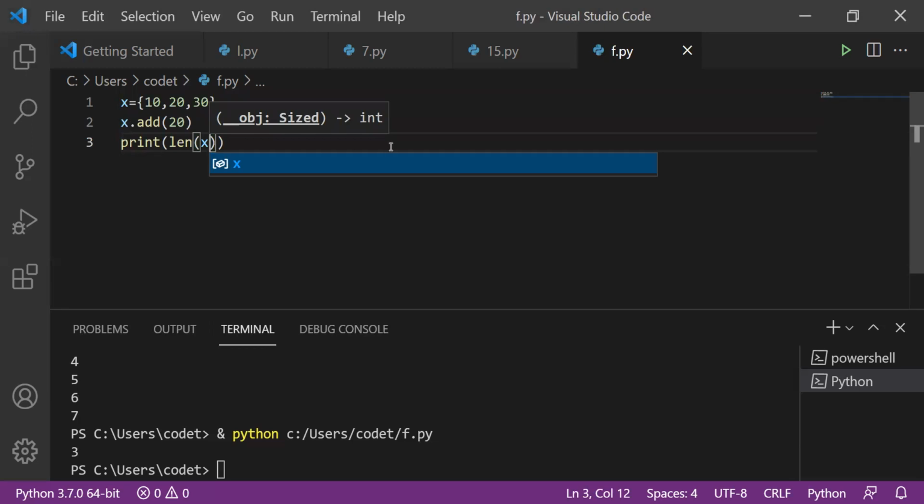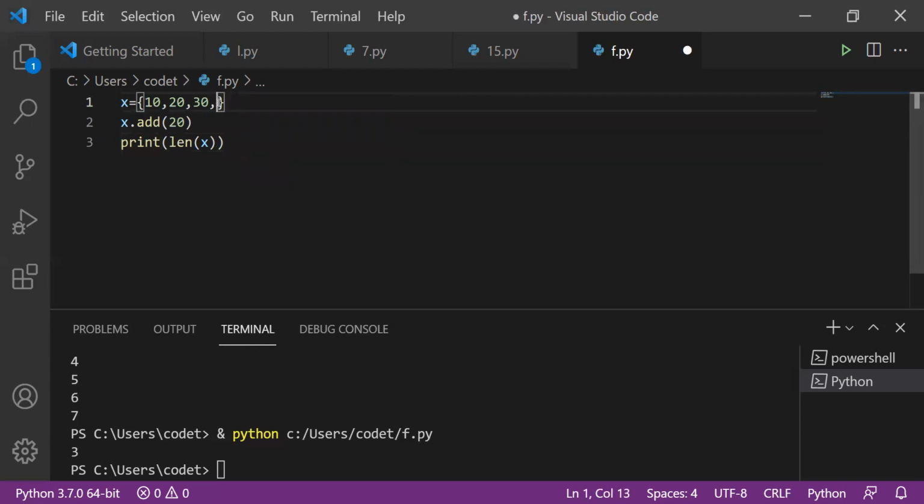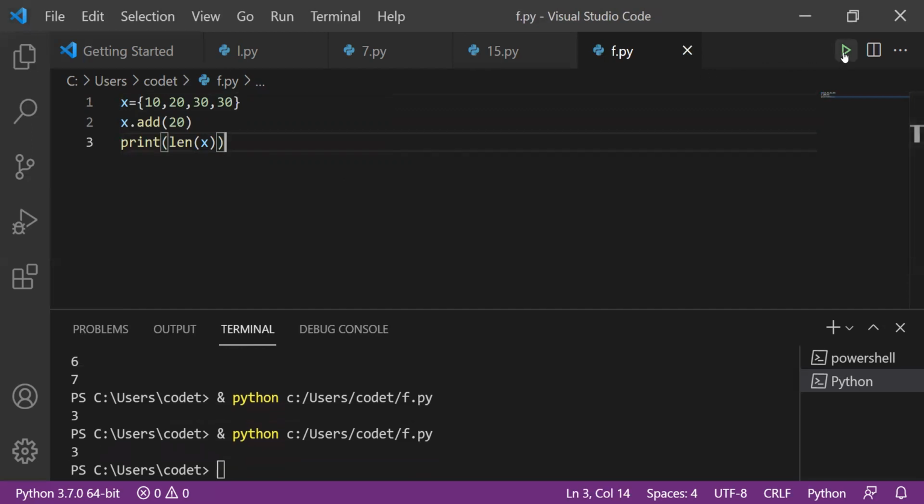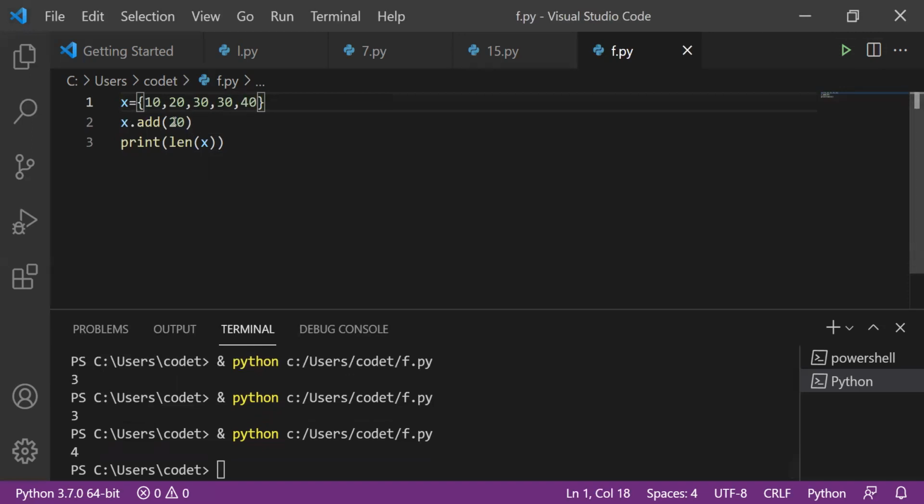Because we added one item, still you may get a doubt. But you have to remember some concepts, like a set does not allow duplicates. Madam, we added the item 20, we should get the length 4, no, it's not like that. Though we added multiple items, it will take only the number of items which are not duplicates. See, again it is 3. Now, if I add some new item like 40, now the length will change to 4. Even if you add this 20 also, it does not allow it, because a set does not allow any duplicates.